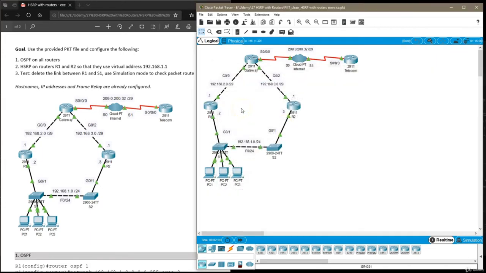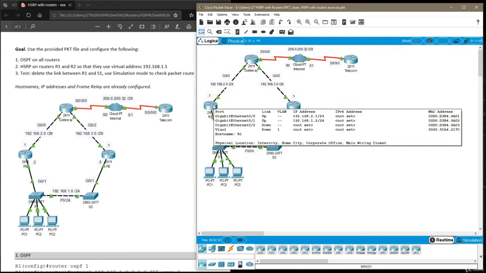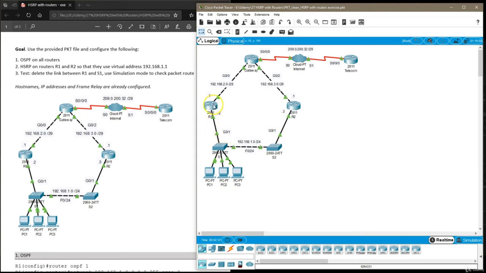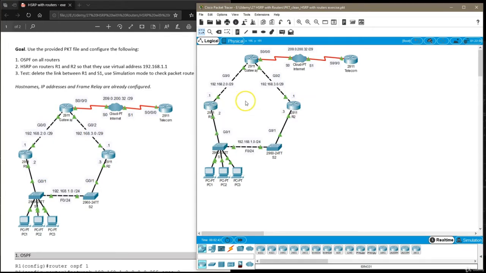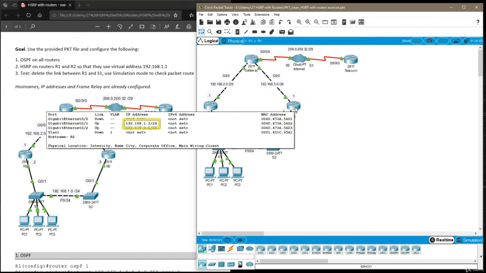I forgot to tell you the IP address configured on router 1 on this interface GigabitEthernet 0/1. It's, as you can see, 192.168.1.2. So 192.168.1.1 is going to be the virtual HSRP IP address that is going to be used as a gateway IP address. On router 2, we have